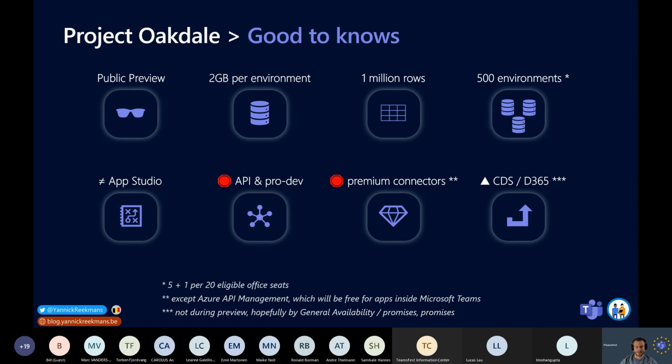There are two important things here. A Project Oakdale environment can only be deleted, at the moment, when you delete the Teams team. So you cannot delete a Project Oakdale environment separately from the Microsoft Teams team. If you need to make room for another environment, you have to remove the complete team and not just the environment. Also, all of the limits state that you can have 500 environments,